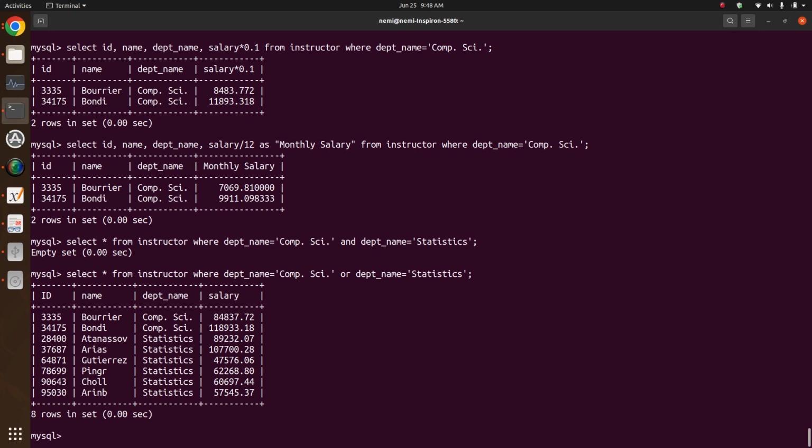Okay, now sometimes you may want to get the name of only those instructors that are the instructors except statistics department. That means except the statistics department instructors, I want every other instructor. So how will you do this? You will just write it like that: department name